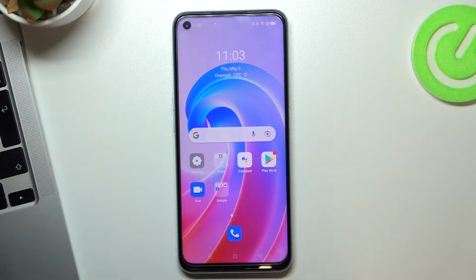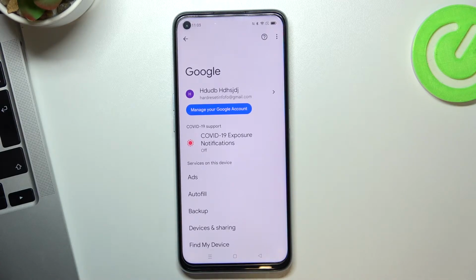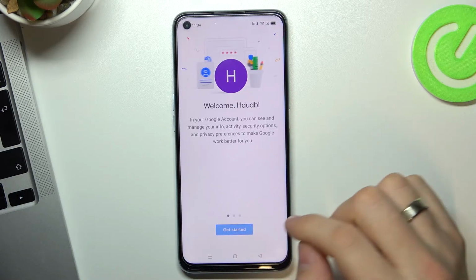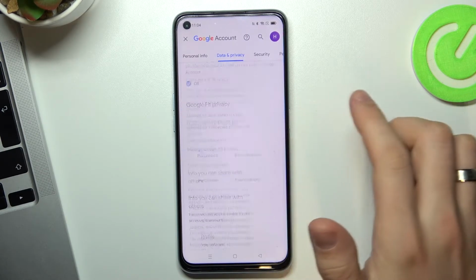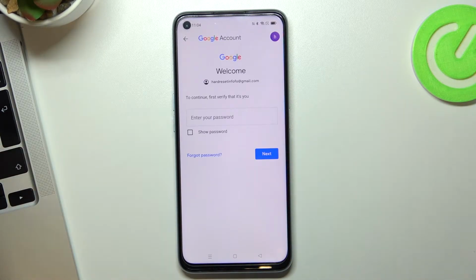This is Oppo A96, and now I'll show you how to bypass Google Family Link on your device on Oppo A96. So firstly, open Settings, click Google, click Manage your Google account, get started, Data and Privacy, scroll down, click Delete your Google account, but not afraid, you will recover it later,